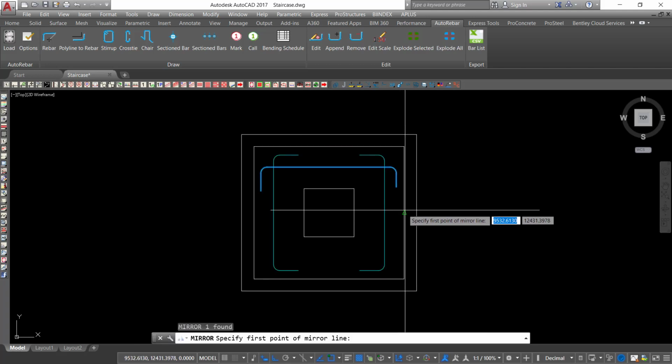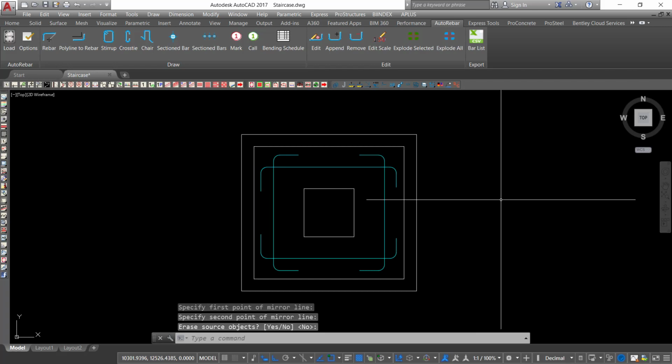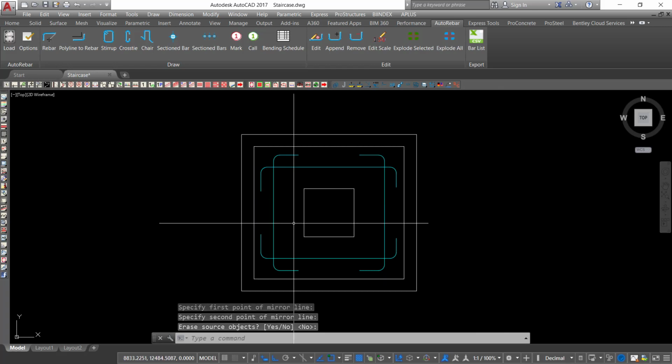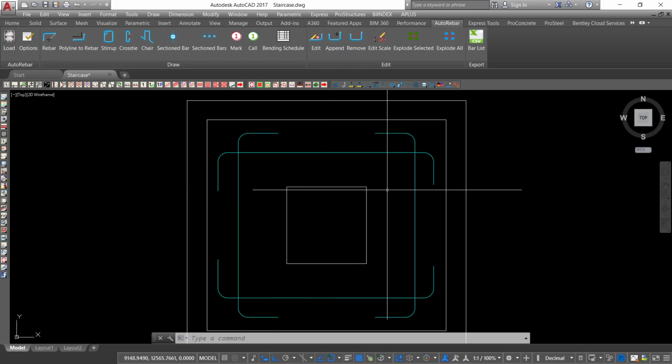So we want to mirror this on the other end. We can mirror that and enter. So we have the top view of our rebars laid vertically and horizontally at an interval of either 200 or 150 center to center, but that will come later on as we move on. Now we'll come to